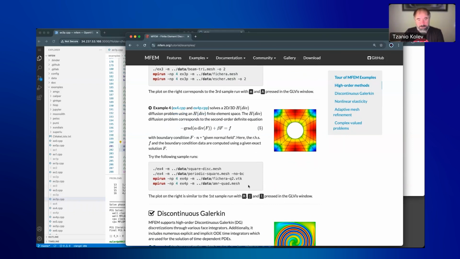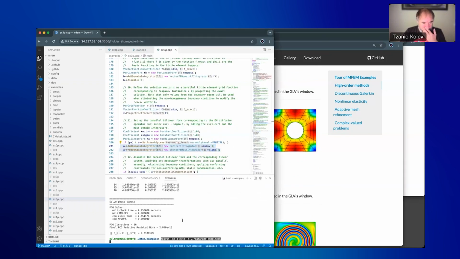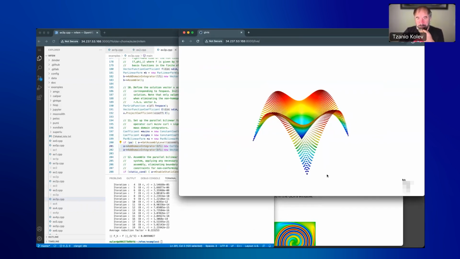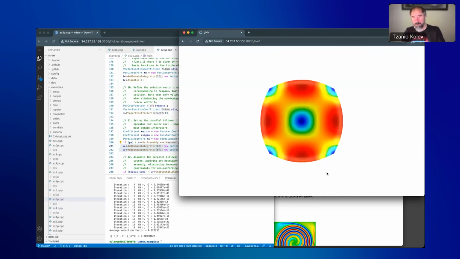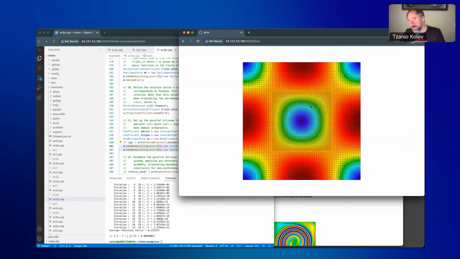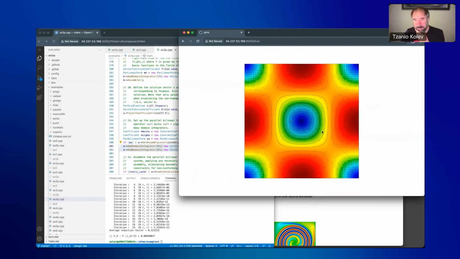I will just run maybe this one to show an example where the input mesh has adaptive mesh refinement in it. That is one of the things that MFEM is really good at. Adaptive mesh refinement, both conforming and non-conforming. And here you can see, this is a simple example, of course, and just a test problem, but here you can see that we've refined the center,